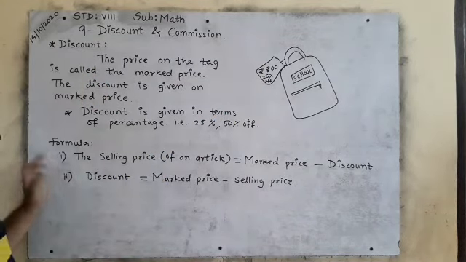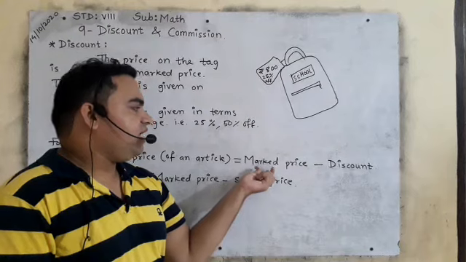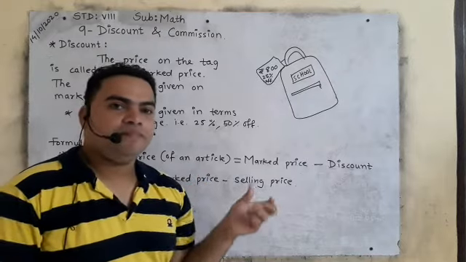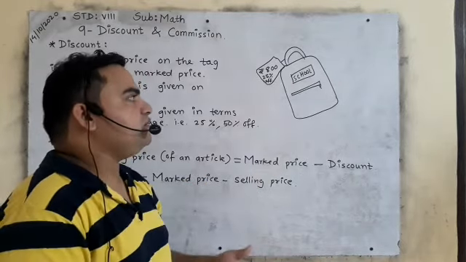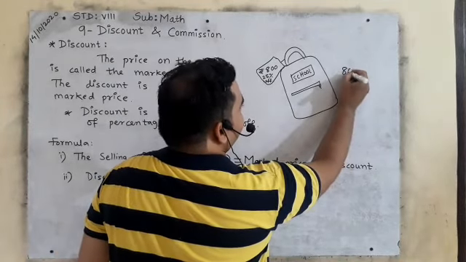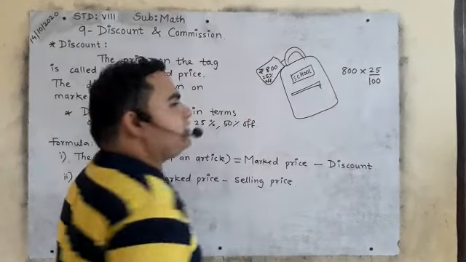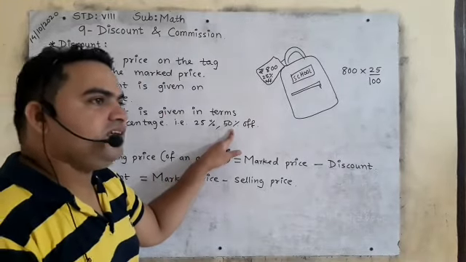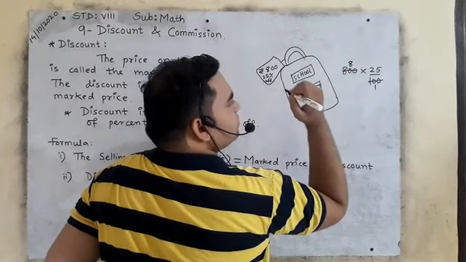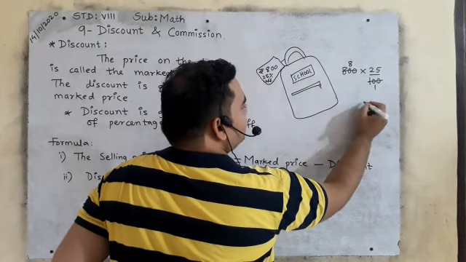So the formula to find the selling price of an article is equal to mark price minus discount. That is, how much is written over there and how much discount you got, that will be the selling price of the shopkeeper. Is it clear? Shopkeeper will sell this bag in how much rupees? First of all, you will take out the 25% of that 800. So you will write 800 multiplied by 25%. 25% means 25 upon 100. 50% means what? 50 upon 100. So 100 ones are 100, 100 8s are 800. Now 25 8s are, 8 5s are 40, so 25 8s are how much? 200.